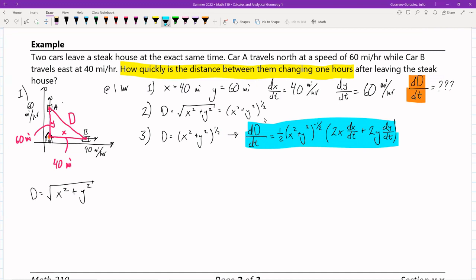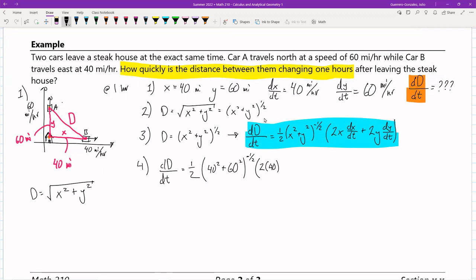And notice our result has all the stuff we figured out from part 1. So now that's step 4. We get to plug in all the good stuff. dD over dt is equal to 1/2 times x squared, so my x is 40, plus y squared, 60 squared, to the minus 1/2, times 2x, 40,